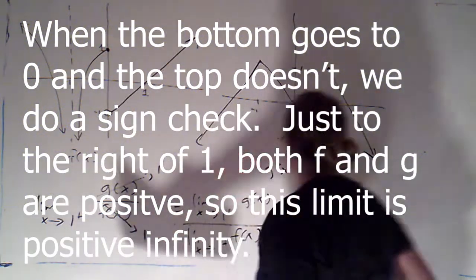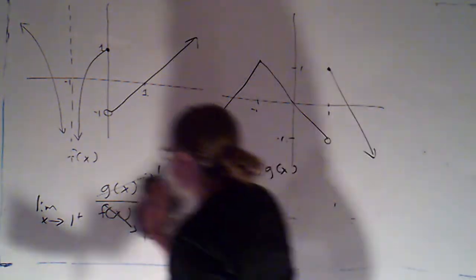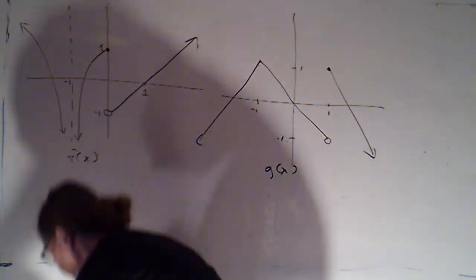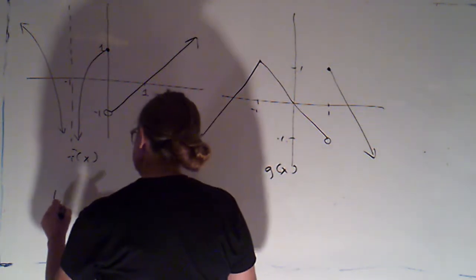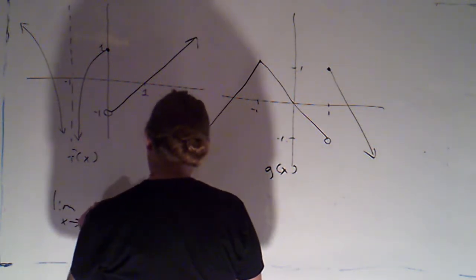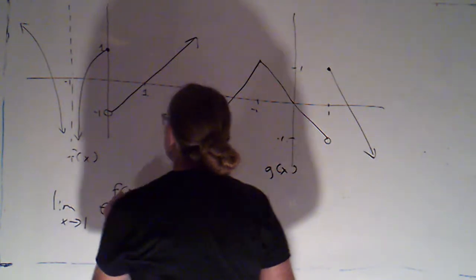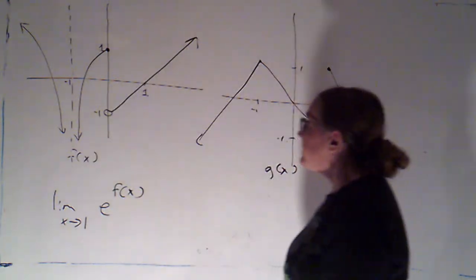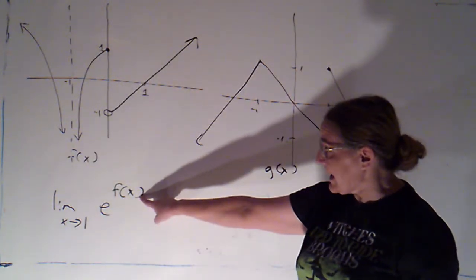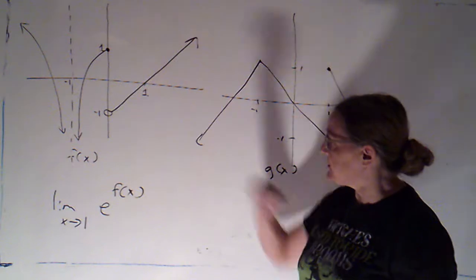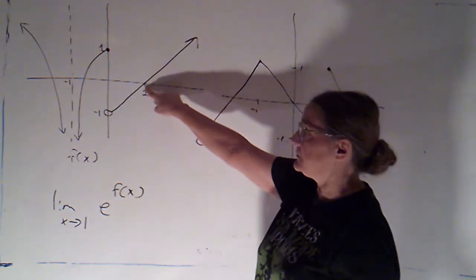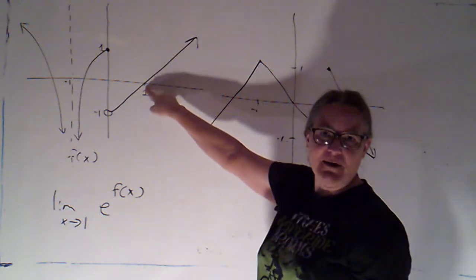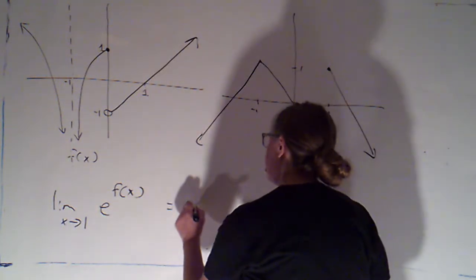Okay, part D. D is the limit as x goes to 1 of e to the f of x. So, there's where my x is. I want to see what f is doing as we approach 1. Well, right here, here's 1. As we approach it from either side, it looks like we're going to 0. So this is just going to be e to the 0,